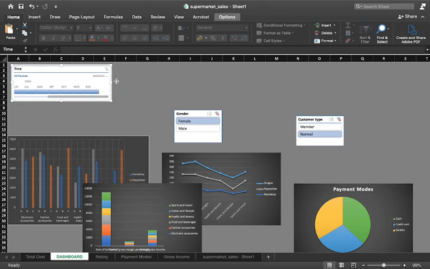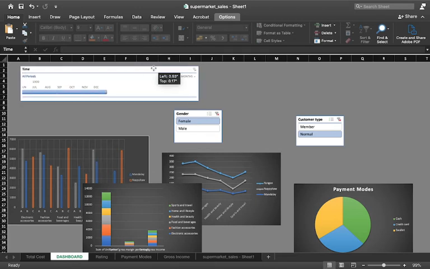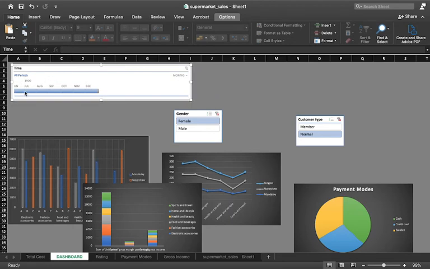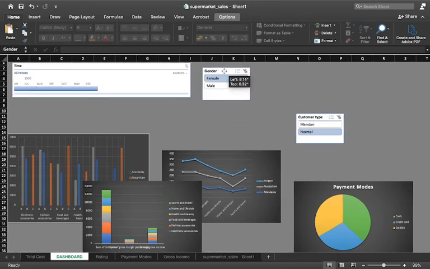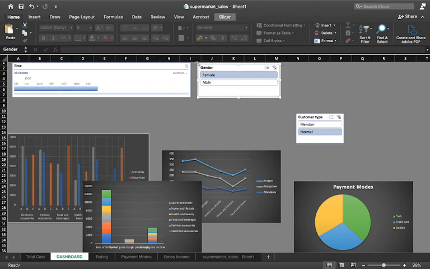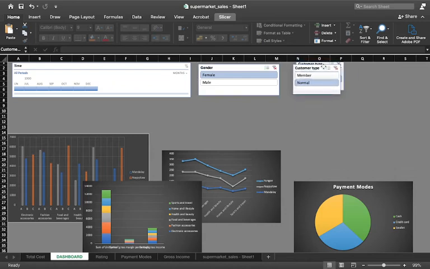So what I'll do is I'll click on that. I can see all my timeline, all the months, right? Then after that I'll just add the slicer here, increase the size a bit. See, you can actually do it according to you. I'm doing what I find a good representation of a dashboard.